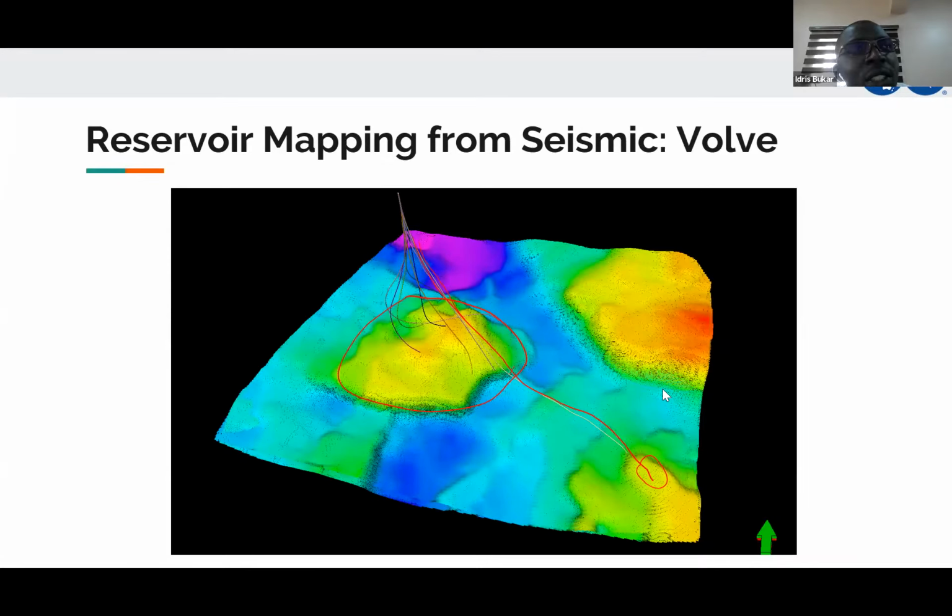Because in some places you find out you even need to do infill drilling, because for some reason there are flow barriers, and what you expect to have swept has not been swept. So yeah, time lapse is quite, probably, after the 3D seismic itself, probably the best thing in seismic, because it really gives you a time lapse view of it over time. So yeah, you can.